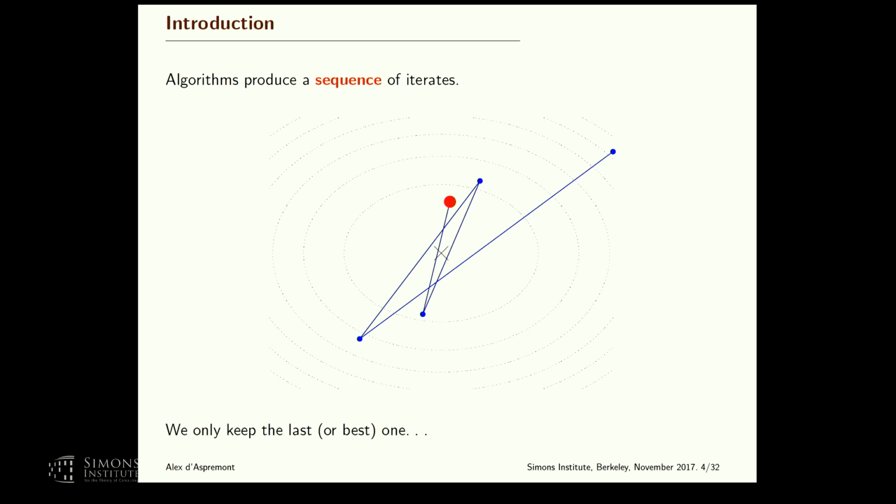And in some cases, like stochastic optimization, algorithms actually keep something other than the last point. They keep an average of the iterates or something like that. But typically in optimization, this is not what people do. You just keep the last point and work on that, okay? So we can do better by exploiting the full sequence of iterates. And the question is what kind of performance gain can we expect? And can we get bounds, etc.